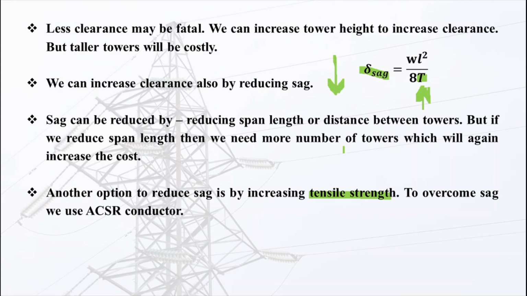So the summary of this whole lecture is, solid conductors are very good, but they have the problem of skin effect. The skin effect problem of solid conductors is solved by using stranded conductors. But stranded conductors have two major problems. One is corona. Why is it a problem? Because in the case of a stranded conductor, the surface is non-uniform. That's why stranded conductors have the first problem of corona. And second is sag. Why sag? Sag is due to the less mechanical strength of stranded conductors. So in stranded conductors, we have to overcome two main problems: sag and corona.